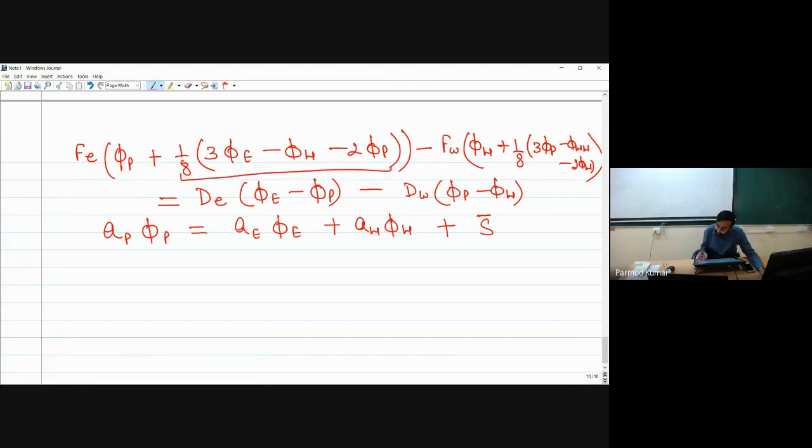This second part, whatever we are having, I will put into the source term. So I will be getting the expression FE plus dE plus dW times phi P,